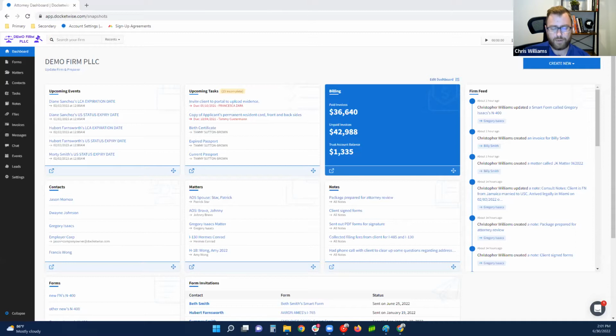So in this webinar, we are going to be covering some of our most recent features and enhancements to messaging and client communication, document requests, reporting, case management, and finally invoicing. So without further ado, let's get started with the first of our new features and enhancements to messaging and client